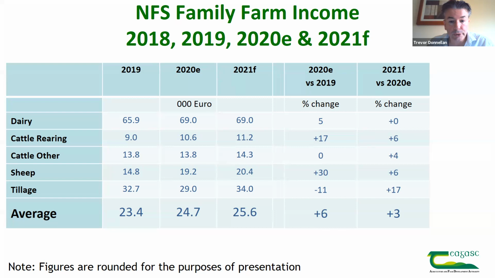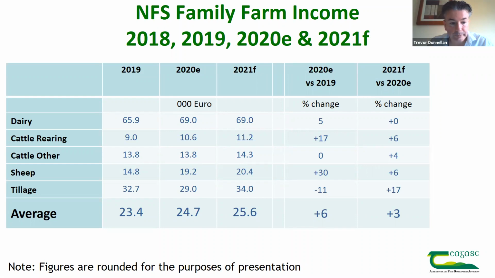In the case of the two cattle systems, cattle rearing and cattle other, we see an increase in income taking place of 6% and 4% respectively in 2021 compared to 2020. And also in the case of sheep, we see higher income levels in 2021 compared to 2020. And basically the story there is one of increases in output value being more than sufficient to offset the increase